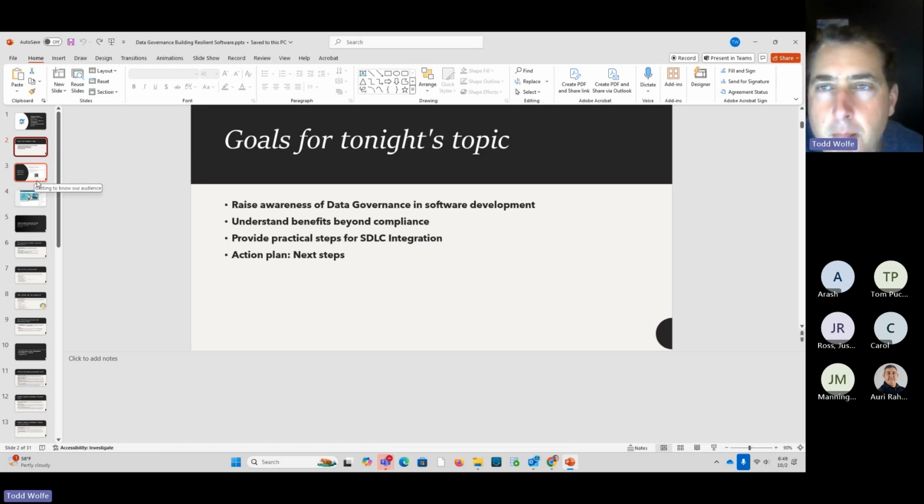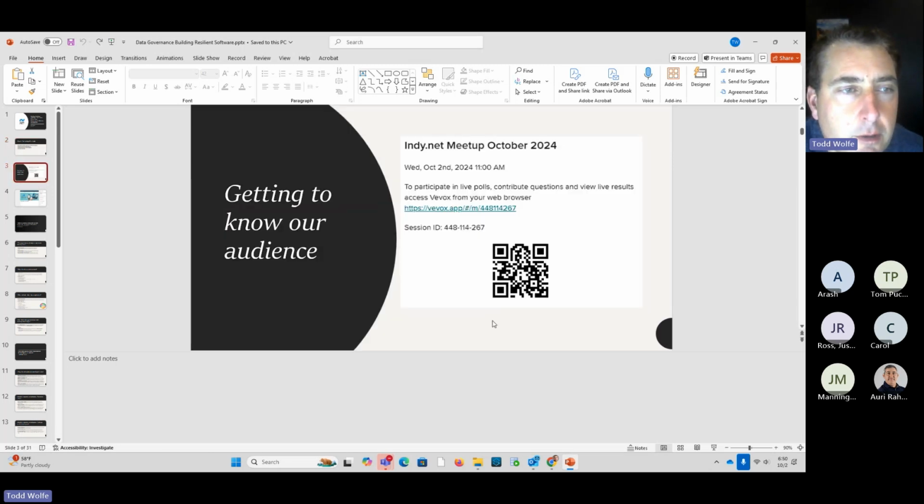To get us started, to get to see the roles of everybody that's here, I have a little QR code and a survey. If you don't mind, I'll leave that up on the screen for a second. I'll have two polls throughout. This first poll is just asking you what your role is currently today. So if you guys can hit that QR code and pull up the survey and answer the question that's there, we can get an idea of who we have.